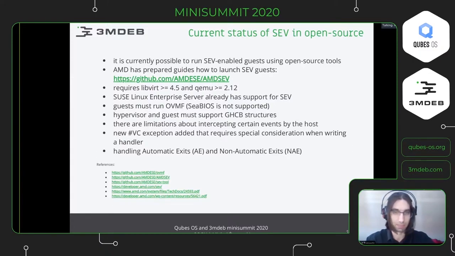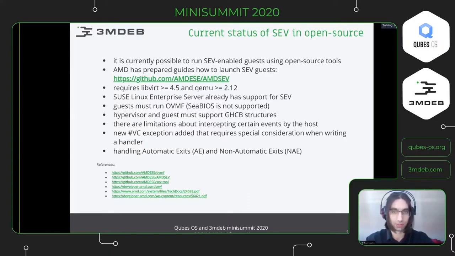OVMF is a simple distribution of EDK2 used for virtualization purposes. So it's a UEFI firmware file which can be used in virtualization. Those who know virtualization environments may know that SeaBIOS is also such a firmware which can be used to launch virtual machines. However, SeaBIOS is not currently supported.